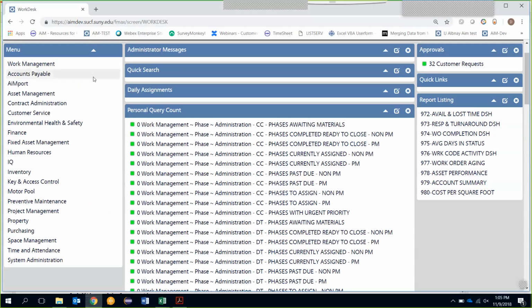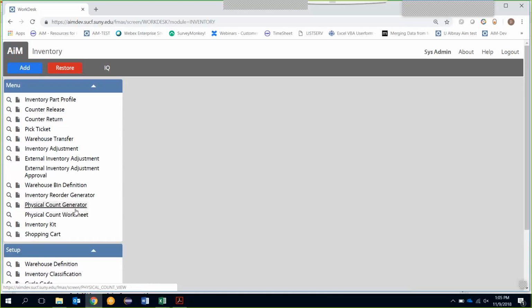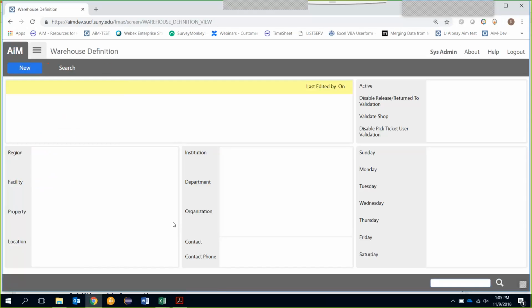So I've logged into AiM O&M. My screen's starting to look a lot different as I add things to manage my account and set up the dev site. I've got some approvals, some queries. Well, today we're going to go into inventory. In inventory, you're going to define a warehouse. On the spreadsheet I give you, it's going to have several fields. So if I search here for a warehouse,